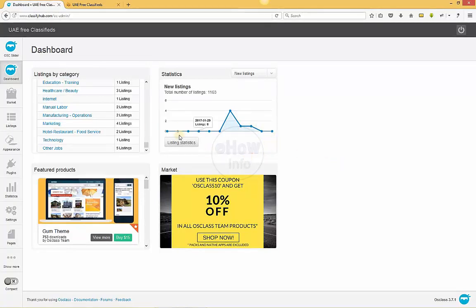So it tells you how many ads were posted. If your website is very successful and you have lots of users posting their ads on a daily basis, the chart will go up and up.